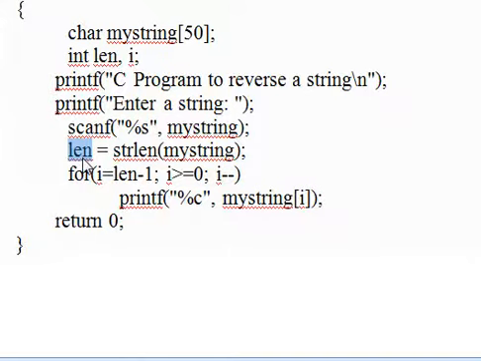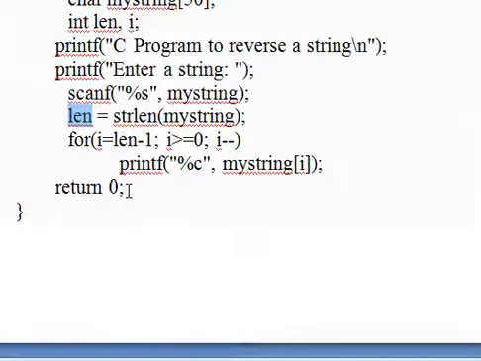For example, if the entered string is HELLO, total characters are 5, so string length is 5.